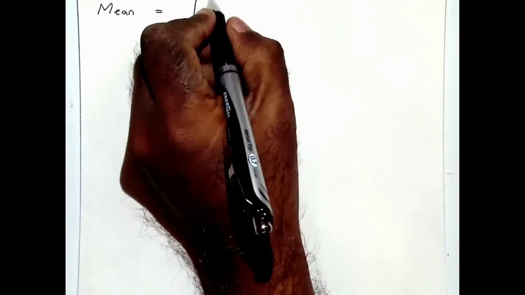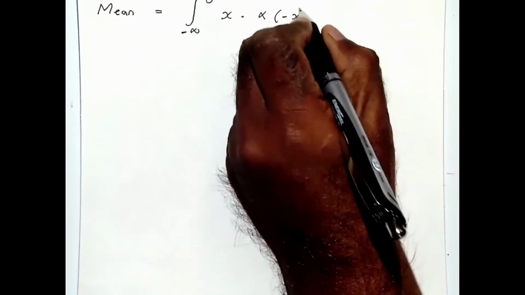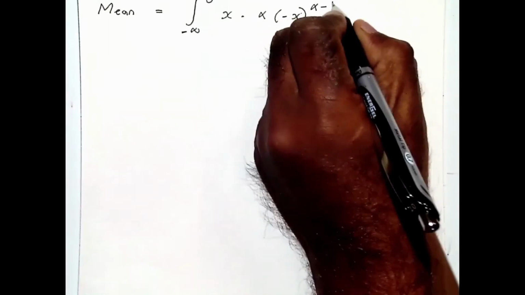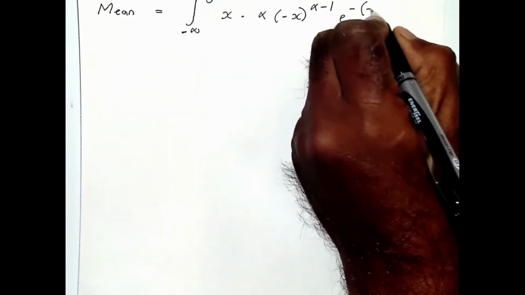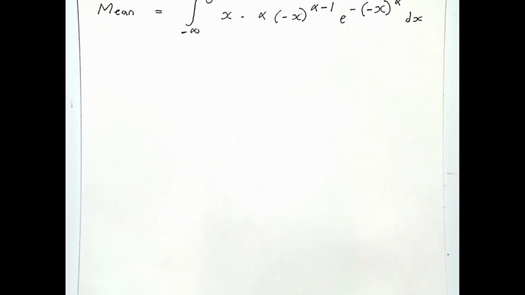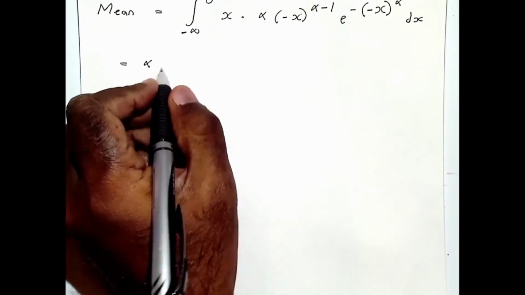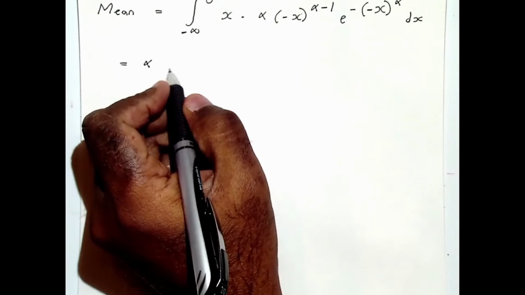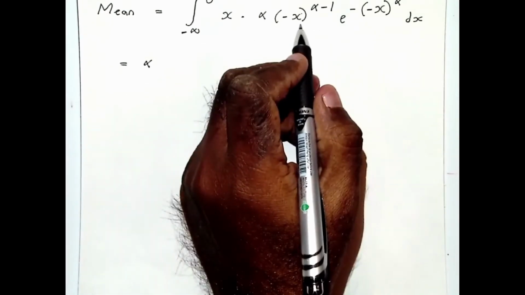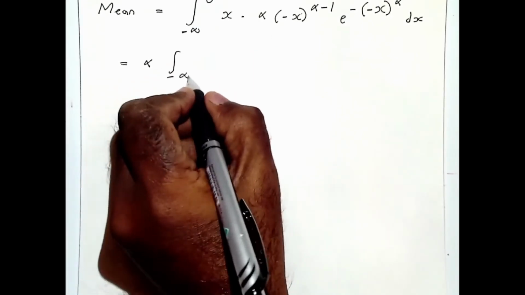The integral is from minus infinity to 0 of x times the density function, which is alpha (minus x) power alpha minus 1 e to the minus (minus x) power alpha dx. Okay, let's take the alpha outside, so this is going to be alpha, and let's keep the minus inside, so this becomes minus infinity to 0 of